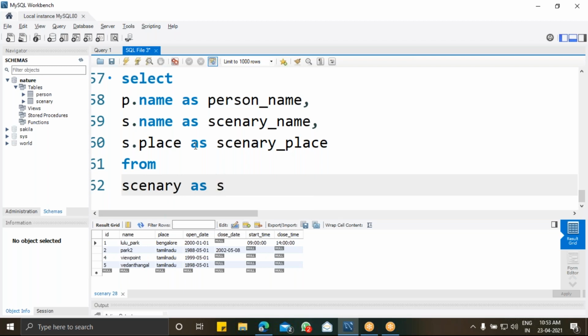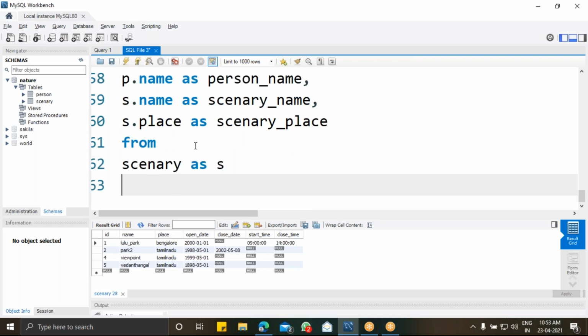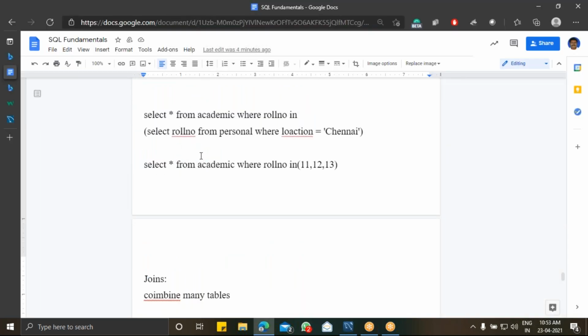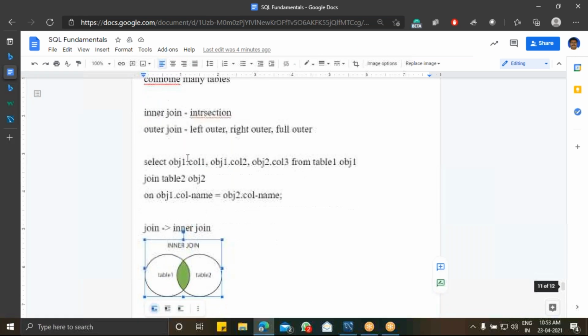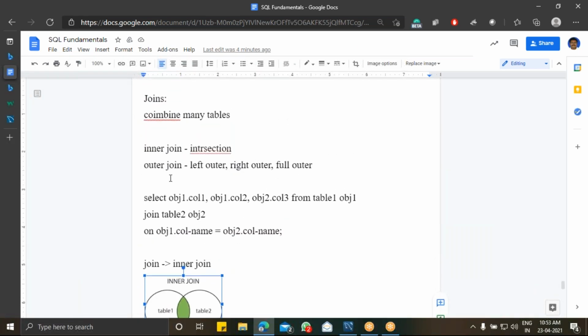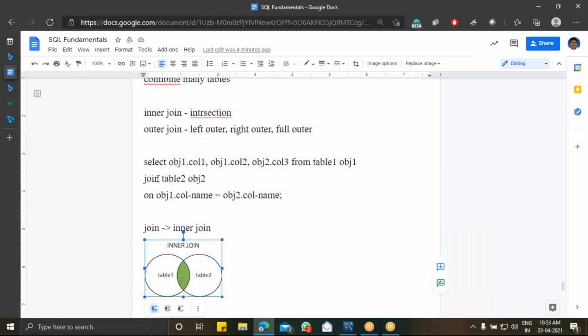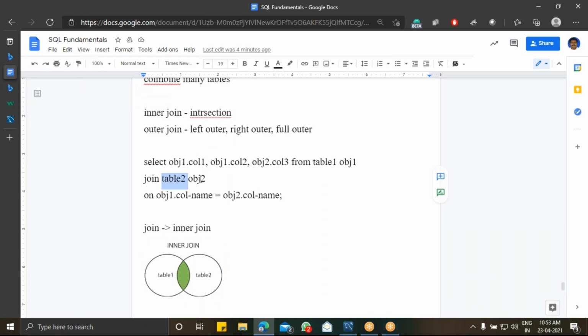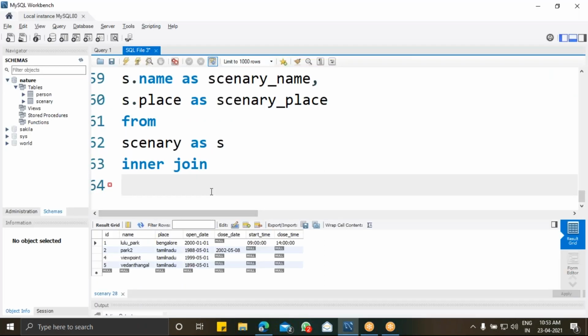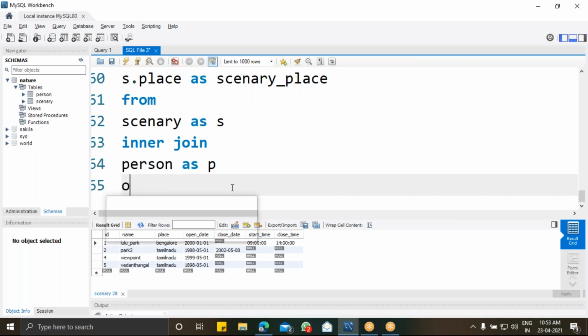as S. Now I'm going to do an inner join. So with whom am I going to join? As you can see in this syntax, I have to give the inner join of table 2, the objects and the condition. So inner join, which table am I going to join? I'm going to join the person table as P, on which condition?